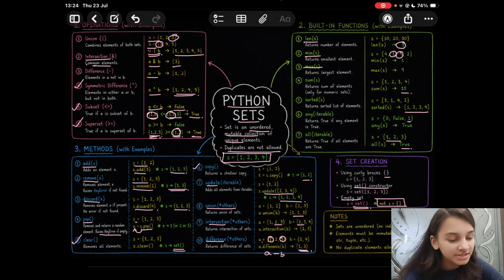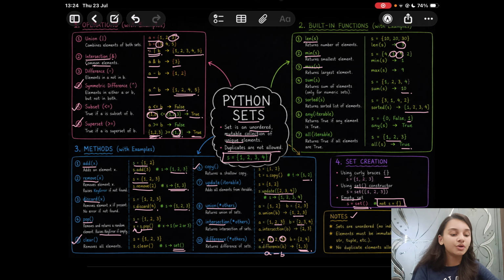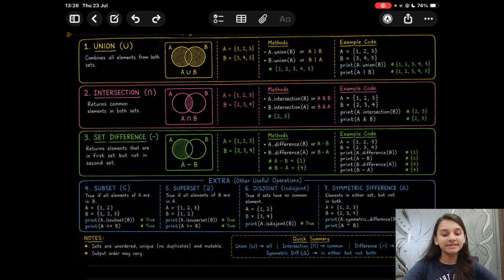Moving to the notes, sets are unordered, no indexing or slicing allowed, the elements must be immutable, and there are no duplicate elements allowed in a set. Now let us understand the Python mathematical set operations that can be performed. We have union, which combines all elements from both sets.